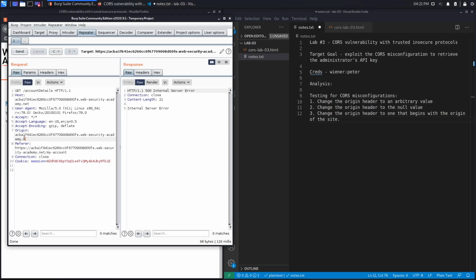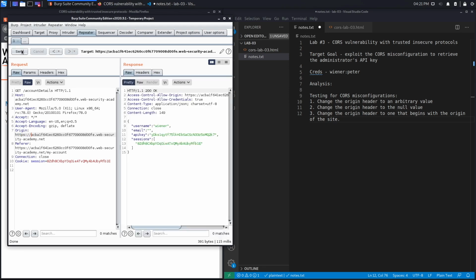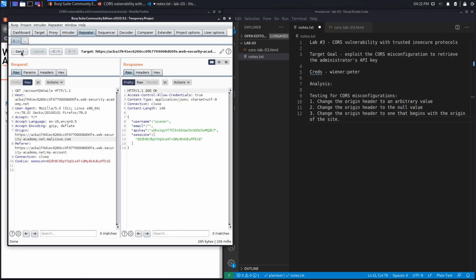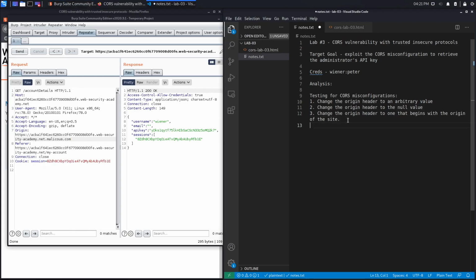So that's interesting. Let's go back to just .net. And actually, let's add HTTPS. I don't know if we're getting the internal server error because of this. Okay, so this works. Again, let's test out .malicious.com. Okay, so we were getting the internal server error because we weren't adding HTTPS in the origin header. But now that we do, we get a 200 OK response. But again, the Access-Control-Allow-Origin header is not reflected back to us, which means that this test case fails as well. So we're going to move on to the fourth test case, which is